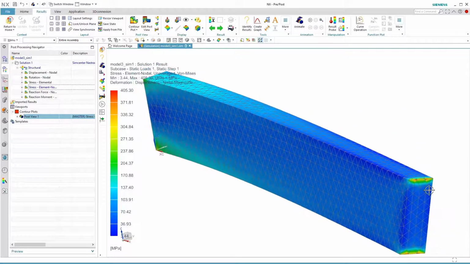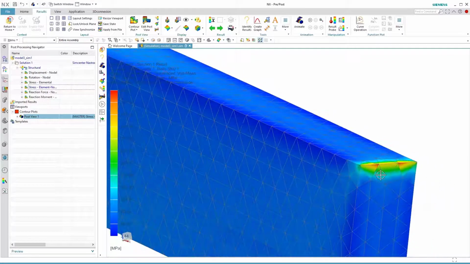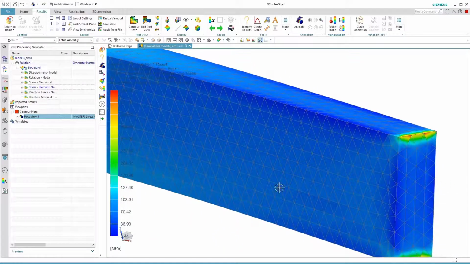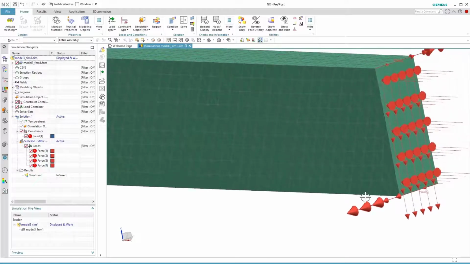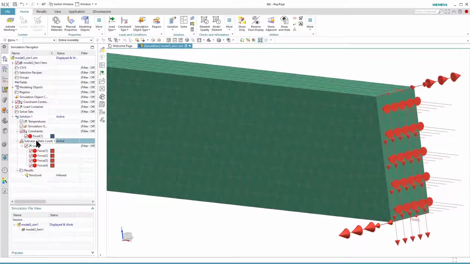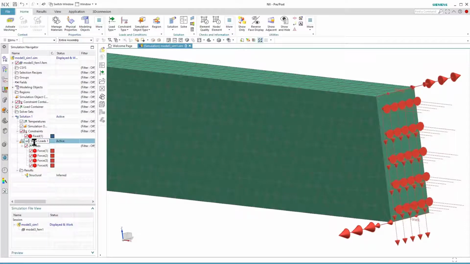In the stress area you see a local high stress, it's a singularity on forces because I applied the forces just on the edges. You see these forces are just applied on an edge. I rename the standard load case so I can better understand what it means. I say the load case 1 is just compression,